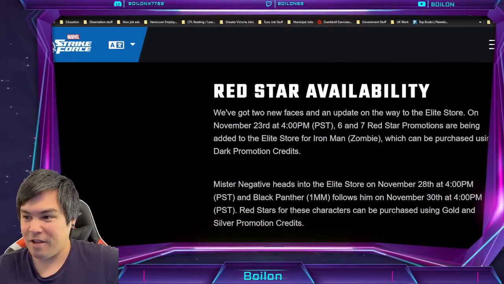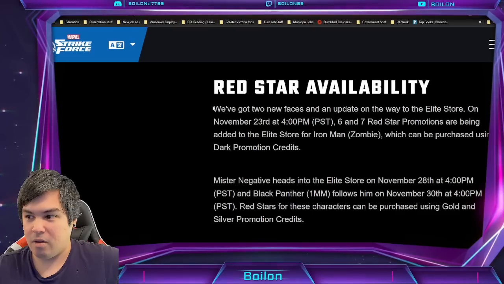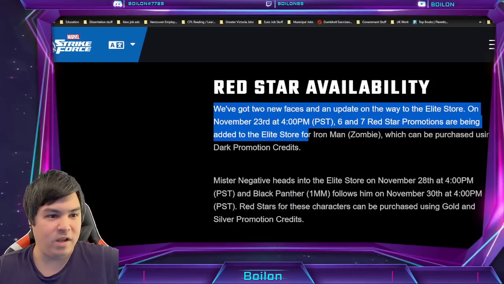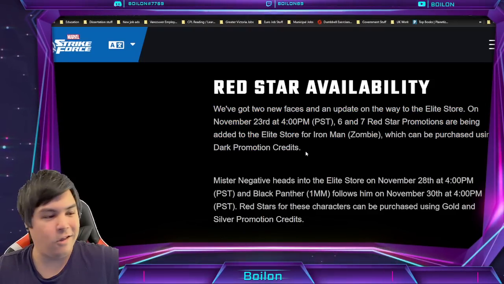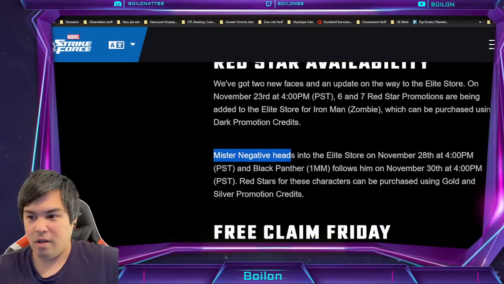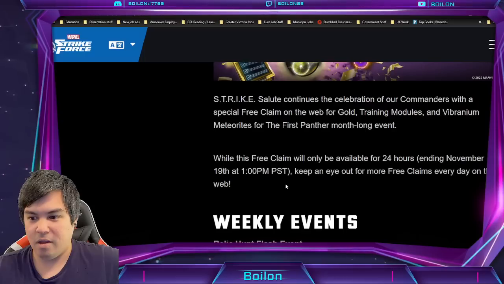Red Star character availability. On Iron... Oh, wait. Oh, 6 and 7 reds for Iron Man Zombie with dark promos. I thought they were just switching them over. Mr. Negative into the Elite Store. Black Panther 1M. Okay, and then they talk...